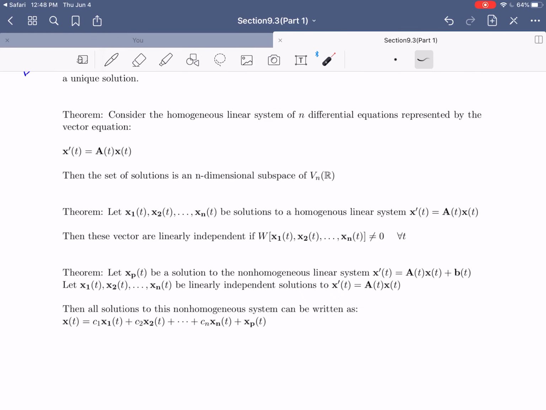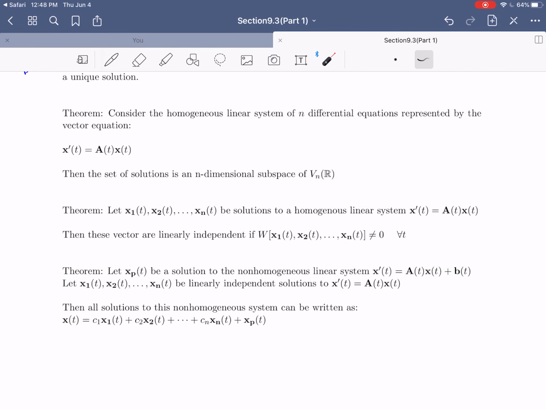All right, the final theorem, which mirrors something that we did in chapter 8, talks about how to solve non-homogeneous linear systems. Now, to be honest, in our course, we don't actually make it all the way to solving non-homogeneous linear systems, but I'd like to still state this result in case you ever encounter this in later courses, or in case you just want to read a little bit further into our textbook once our course is done. What this theorem says is that if you let x sub p of t be a particular solution to the non-homogeneous linear system x prime of t equals A of t x of t plus b of t,